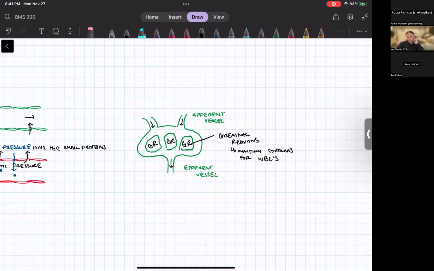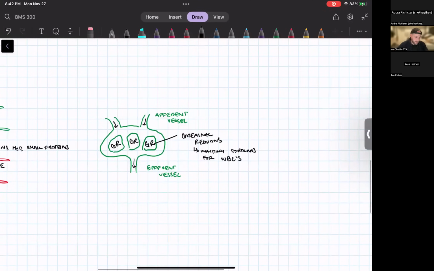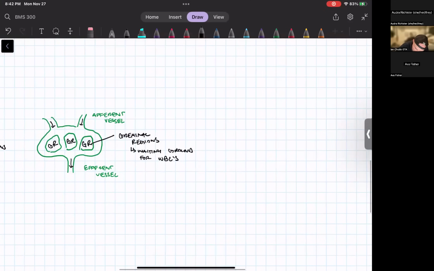And that's how the spleen works too, right? The spleen has the white pulp. That's the germinal region. So when things pass through, it's going to be able to catch pathogens and things like that as it's being filtered out through the blood. The other big one is the tonsils, which I know he spent a little bit more time on. So if we look at the tonsils,